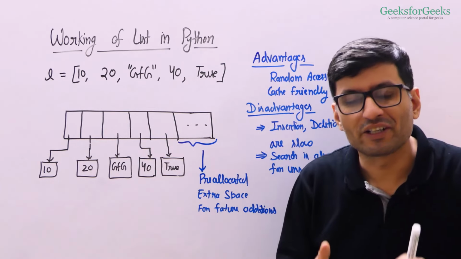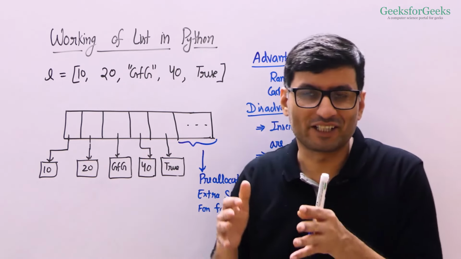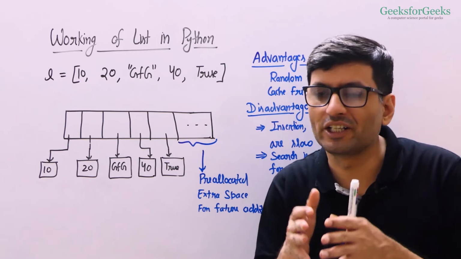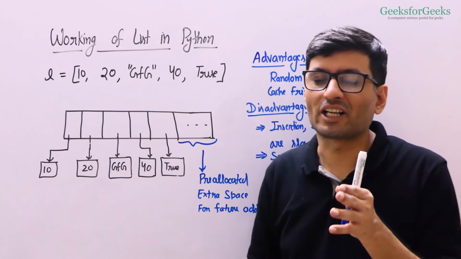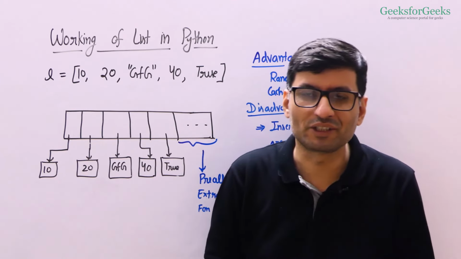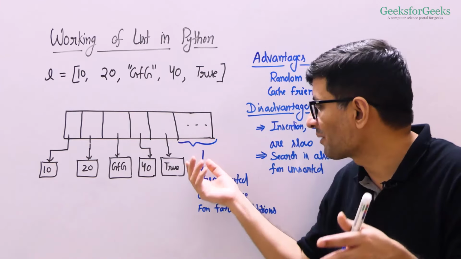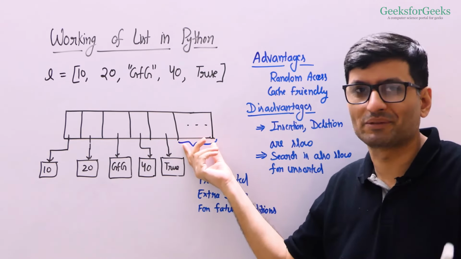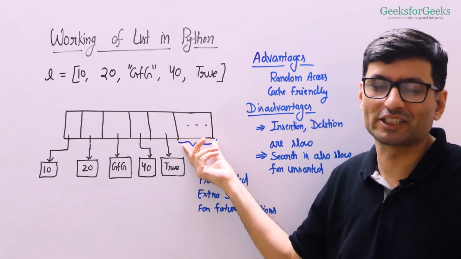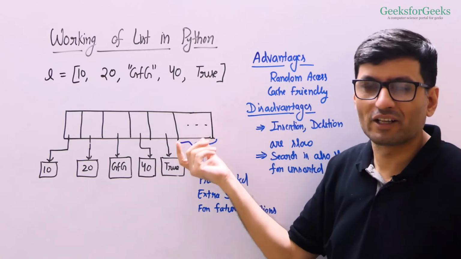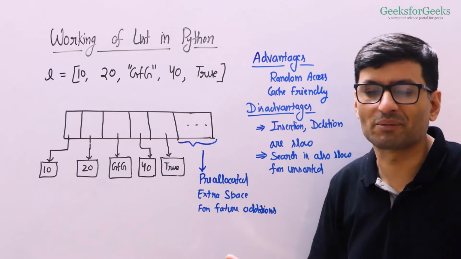A list container is a dynamic sized array, right? So it allows you to dynamically insert and delete items also. Since it allows you to dynamically insert items, and dynamic insertion has to be efficient, it might pre-allocate extra memory also, right? So that insertions can happen faster. We are soon going to discuss this in detail. So there might be some extra blocks also when you create a list so that future additions can happen faster.